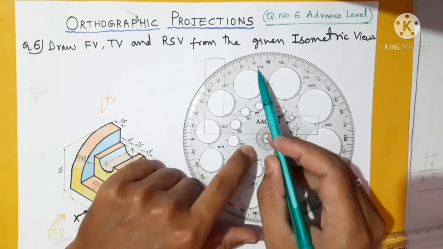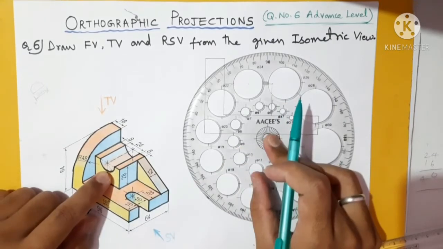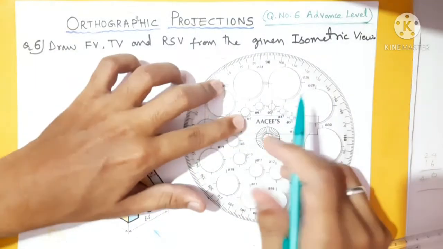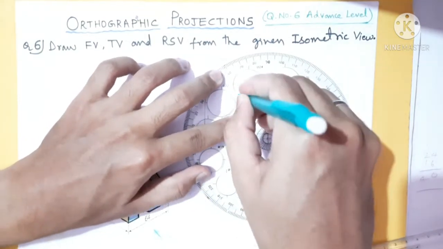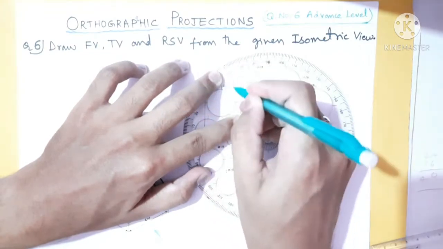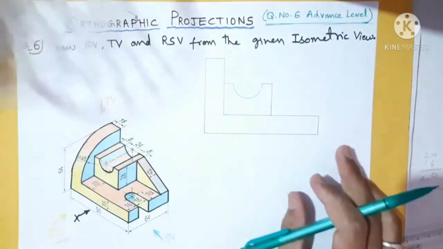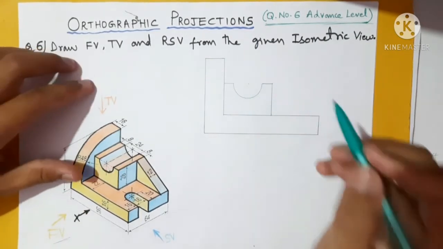You can see here 524, 528, all those things. So our diameter of semicircle is 24. So 524 means this one. Just keep it center. You need to align manually and draw the arc. If it is wrong, again you need to erase and continue it. So almost it is same. From these two ends I have aligned that one and we have drawn.